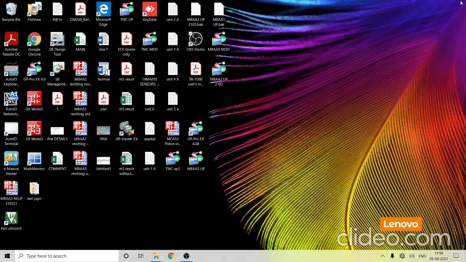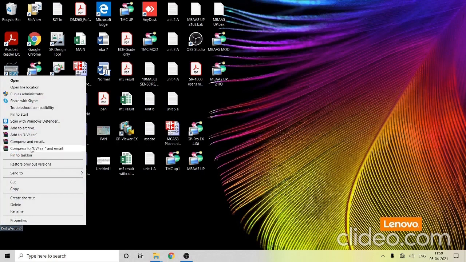So after our installation process is over, we'll have an icon for Keil µVision created on our desktop. So here is my desktop icon. The installation process is now over, so we can run the program. Since I have a problem on my laptop, I'm running it as an administrator. Right click it, run as administrator, so that some of the problems will be avoided. I think it will run smoothly if you run as an administrator. So I'm running the software as an administrator.